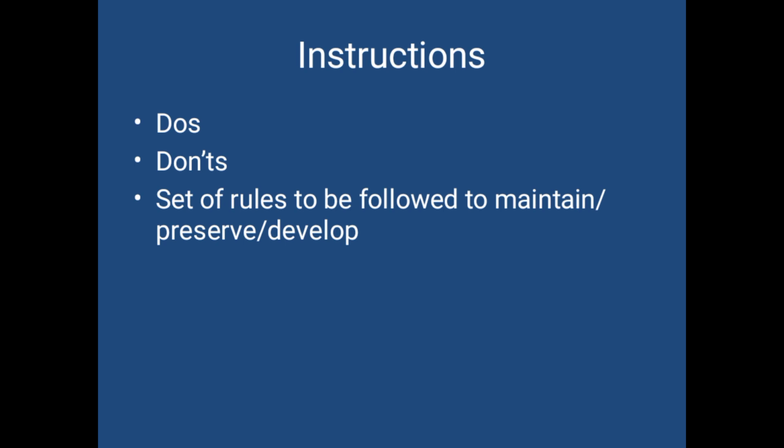So they always start with a verb format. Instead of verb format we also say do's and don'ts. Do's means those instructions to be followed. Don'ts means negative things that should be avoided. So let's see in depth about the formats of instructions, how we can prepare instructions or how we can write instructions in English.